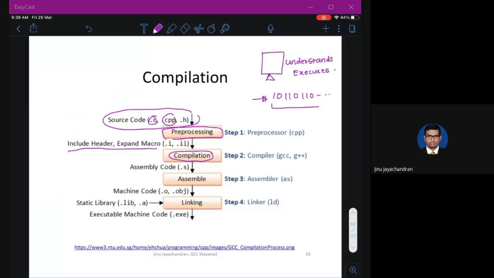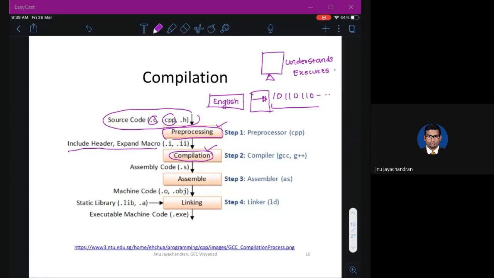Okay, so you have code in English. Basically, I am saying English because C or C++ is written in English. You convert it into binary. Now, this arrow actually has many blocks in between. So you have written the code in English. It does pre-processing. It does something called compilation.